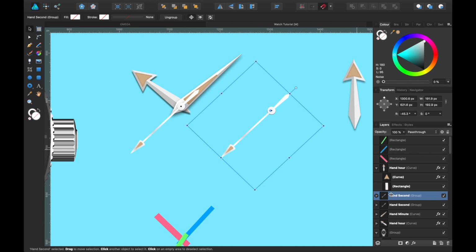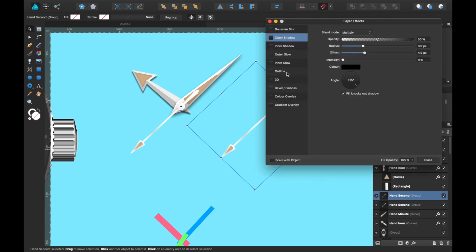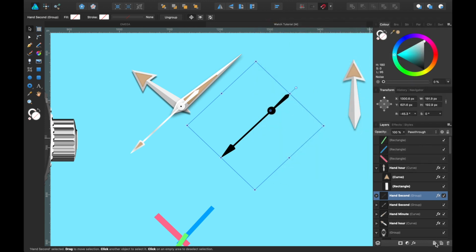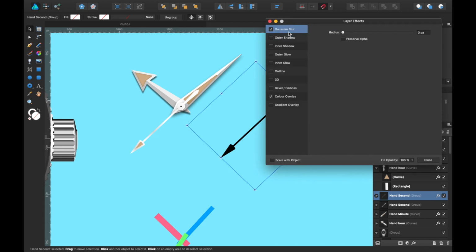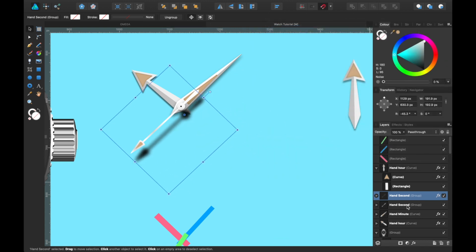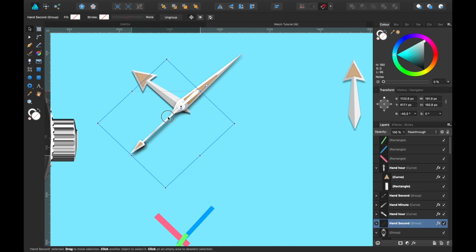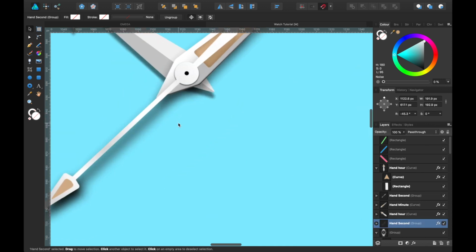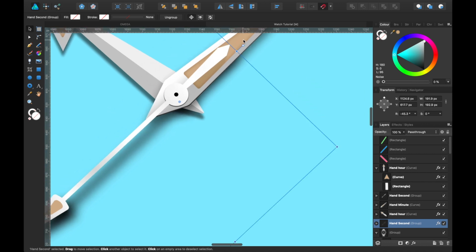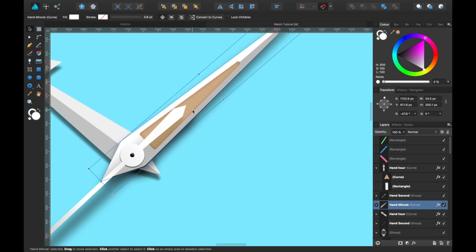And I basically went to Effects and then Color Overlay just to make it black, just totally black. And then I added another effect, which was Gaussian Blur, and I just made it a bit blurry, like that. And then I placed it underneath that hand, that second hand. So there. So you could see that it's like maybe if it's a little bit further away, and if the shadow on this minute hand, it would be closer, it might be a little bit more.